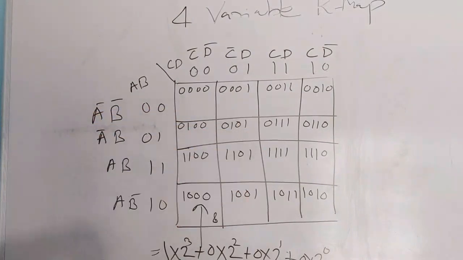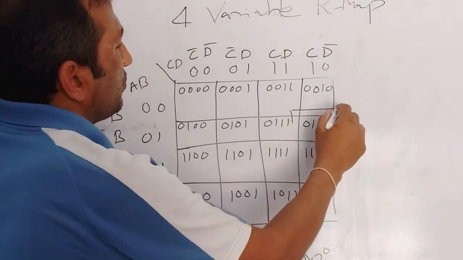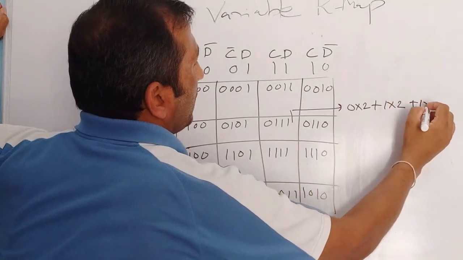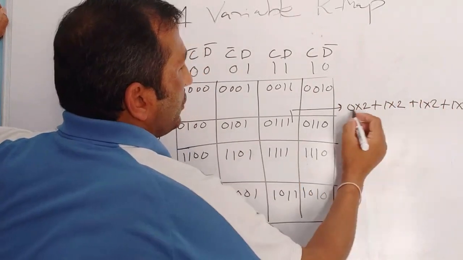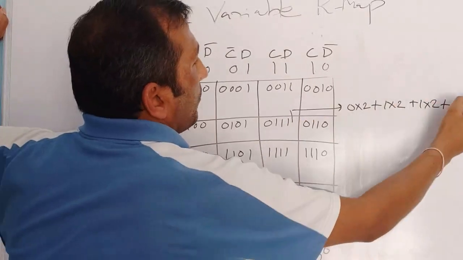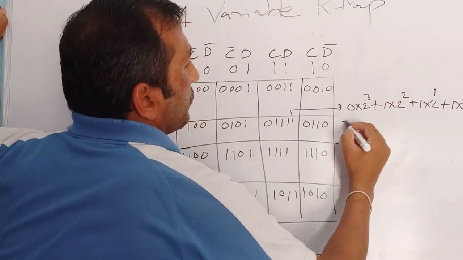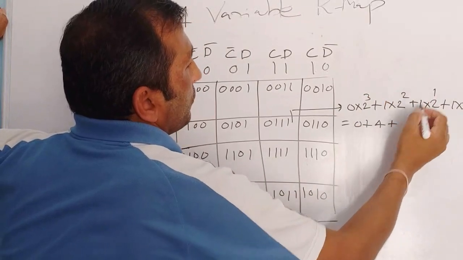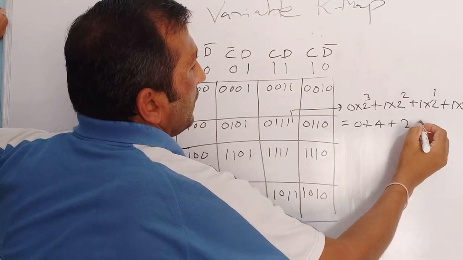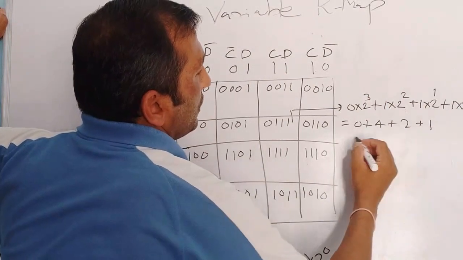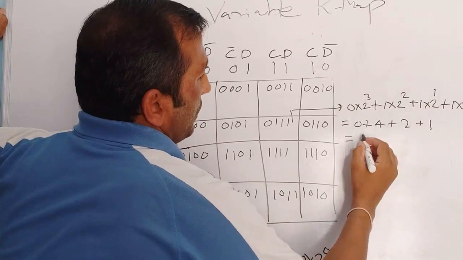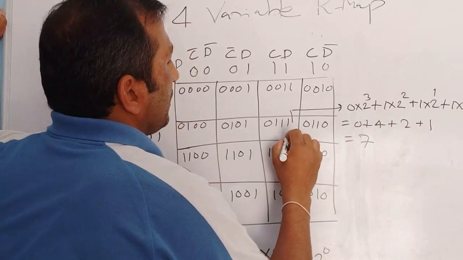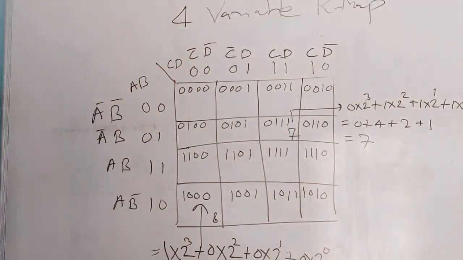Okay, now let's take an example of this. What should be the number over here? So it is 0 multiplied by 2 to the power 3, plus 1 multiplied by 2 squared, plus 1 multiplied by 2, plus 1, that is 0, 1, 1, 1. Any number multiplied by 0 is 0. Now 2 raised to power 2 is 4, 2 raised to power 1 is 2, and any number raised to power 0 is 1, so 1 into 1 is 1. So it is 4 plus 2, 6 plus 1, 7. So 7 should be over here.